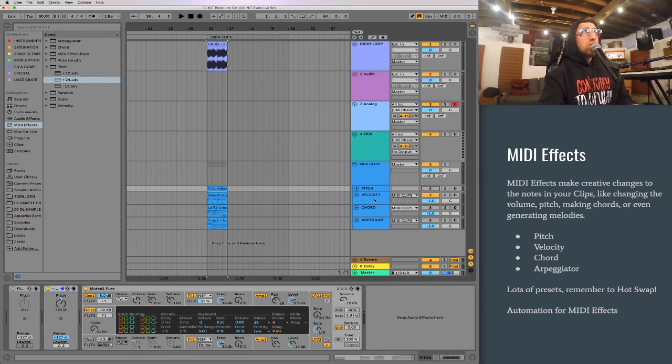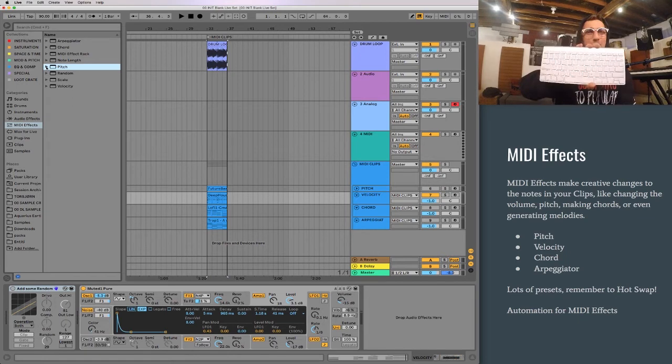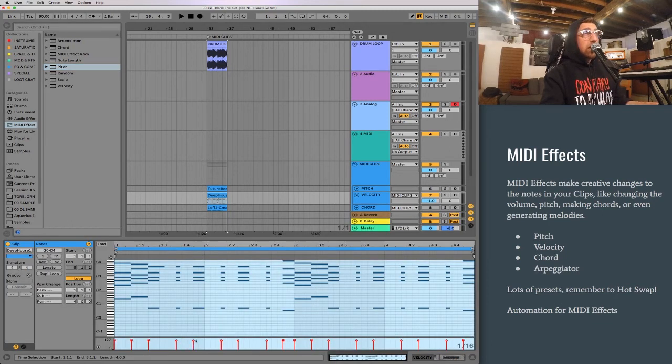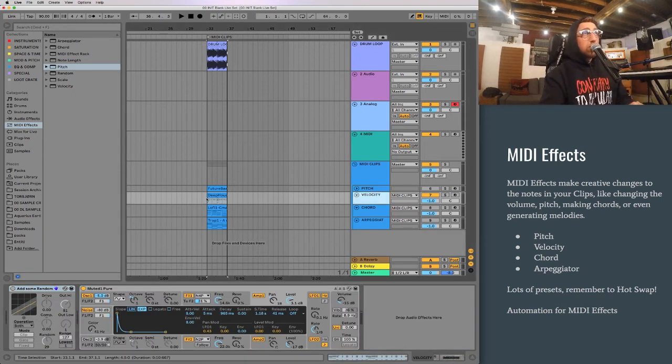Now let's take a listen to the velocity effect. So velocity is recording how hard you hit a note. For a lot of us that are producing on laptops, or we don't have lots of instruments or a MIDI controller maybe, or you're using your keyboard like I am to play all of your notes, it doesn't record that velocity for you. So if we look at our clip here, it just makes all of these velocities the same. They're all 100. I think maybe on this clip a few of them are different, but that's not enough. If we want to capture that human feeling and not just have everything super loud like this,